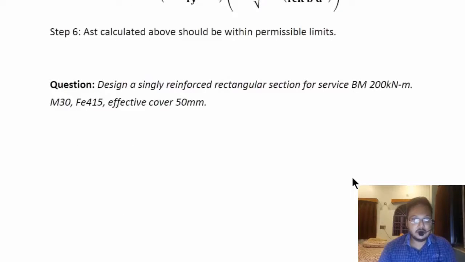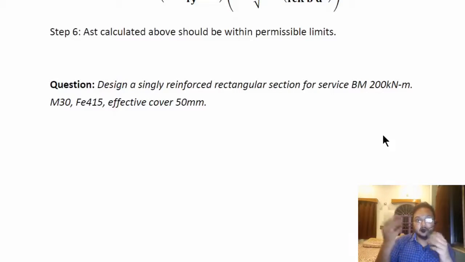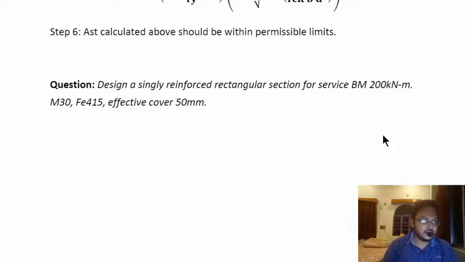So that was all about our design of this simplest structure, that is the singly reinforced rectangular section, and these are the steps which we had seen while designing. There are two different conditions: in one we are given the dimensions and asked to find the steel we require, and in the second both our dimensions and steel are not known to us. So these are the two types of design problems which we can face, and we can solve them likewise with the steps which we have discussed till now.